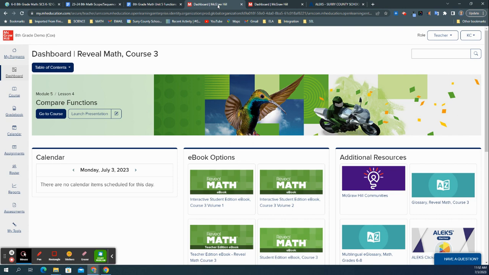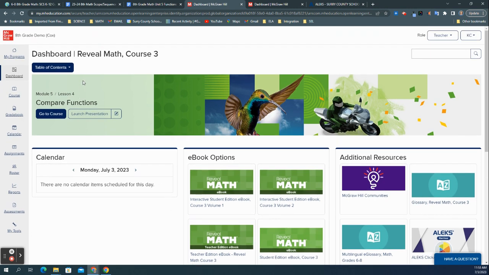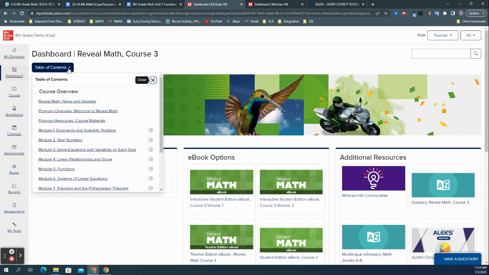all your options. So when you log in to McGraw-Hill, you're going to choose your textbook, the Reveal textbook, and it takes you to this. This is the dashboard. So if you click dashboard, this is what you're going to see. So first of all, we're going to create a lesson, a launch lesson. So I'm going to go to my table of contents, and we know that this was lesson